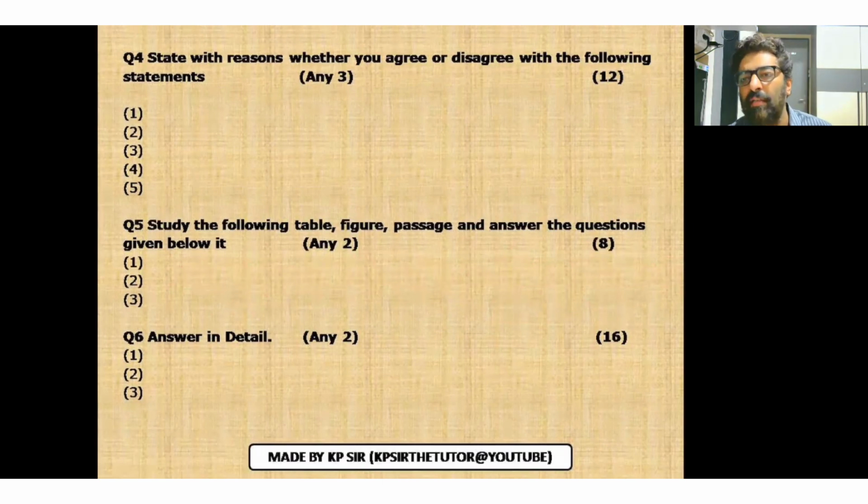And the last is brief. In this, you will get questions like what are the functions of central bank, or, let's say, take an example, law of demand with assumptions, law of demand with exceptions, law of supply with exceptions, or write in detail the law of diminishing marginal utility, or the relationship between TU and MU. What are the types of demand? What are the features of demand? What are the factors on which elasticity of demand depends? These are some of the questions.